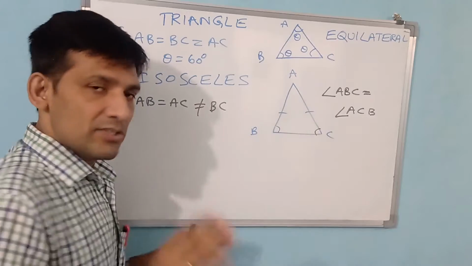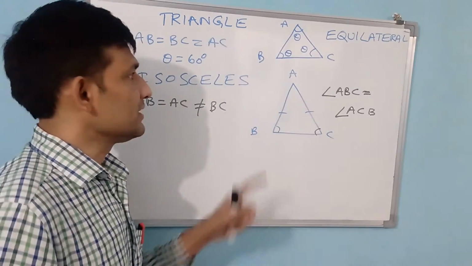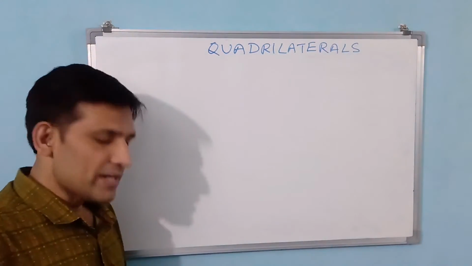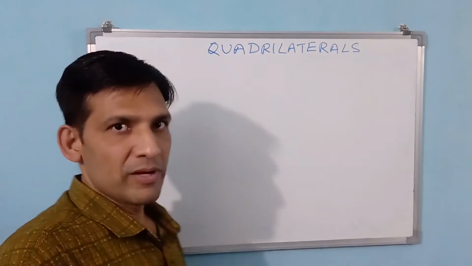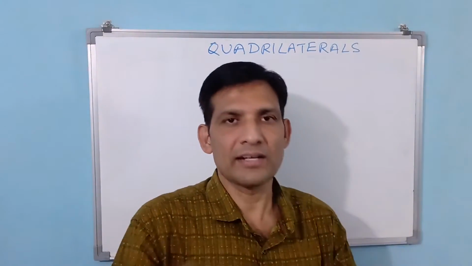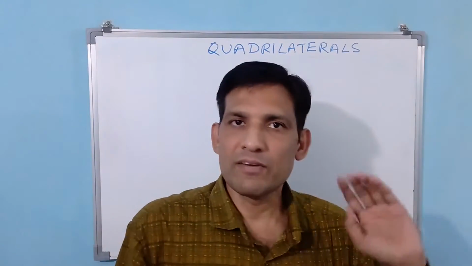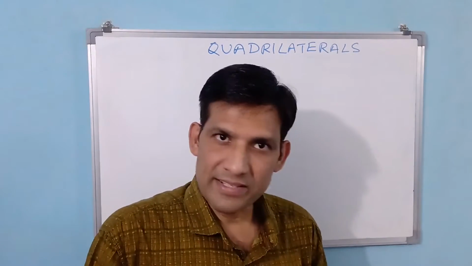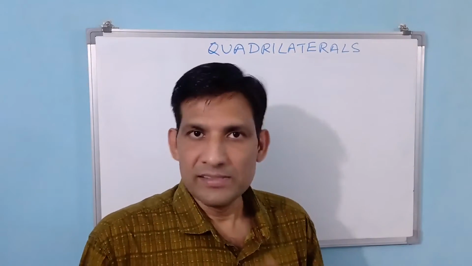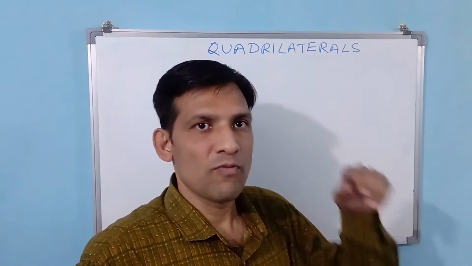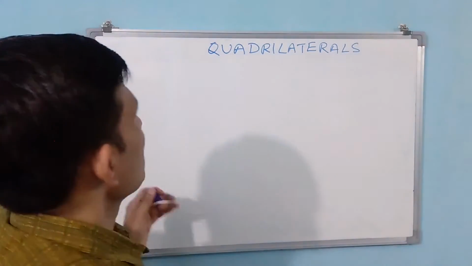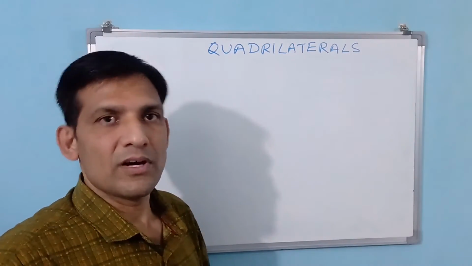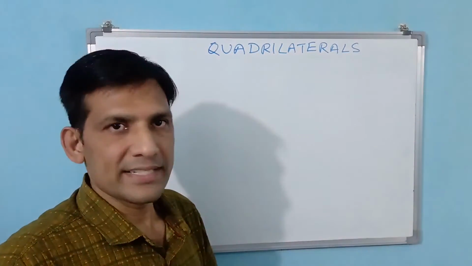Theta 1 plus theta 2 plus theta 3 is equal to 180 degrees. Now, quadrilaterals. What is a quadrilateral? We know that our mobile phones have dual core, quad core, octa core processors. Quad means here 4. We have seen one side or one line, two lines, triangle with 3 sides or 3 lines. Now 4 lines or 4 sides. If a geometrical figure has 4 sides or 4 lines, we are going to call it a quadrilateral.